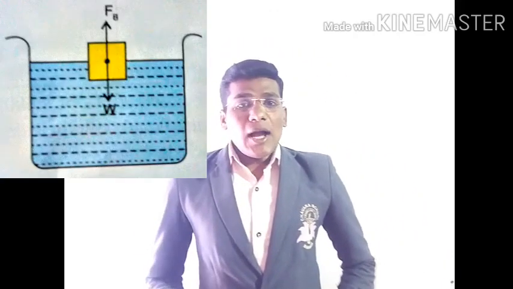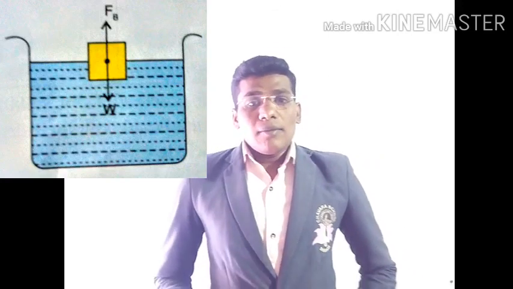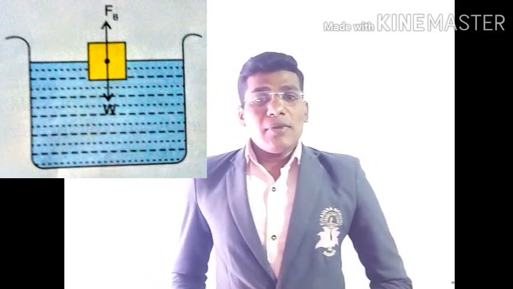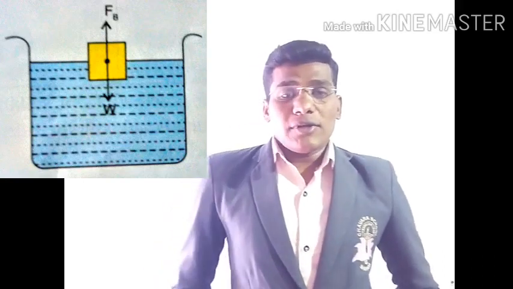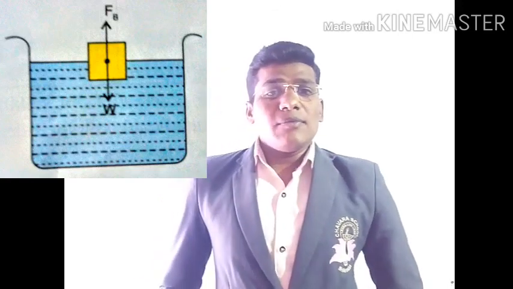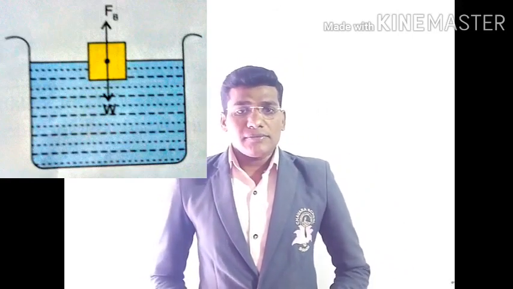When the weight of the body is less than the buoyant force of the liquid, the body is floating above the water because the buoyant force acting on the body is more than the weight of the body, and the reason is that the weight of the body is less than the buoyant force of the liquid. This is how we see the principle of flotation and three cases of flotation.